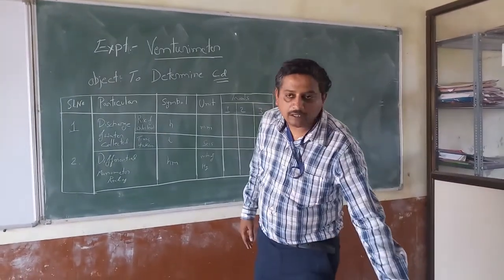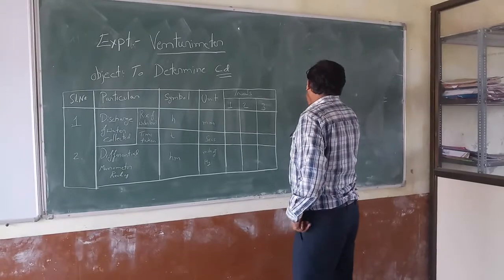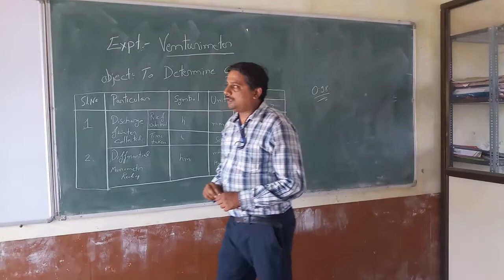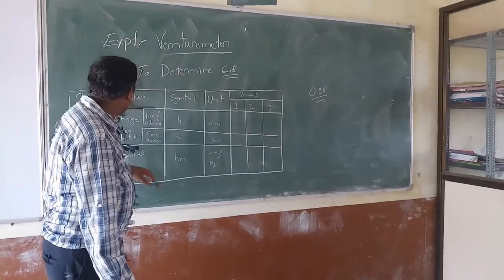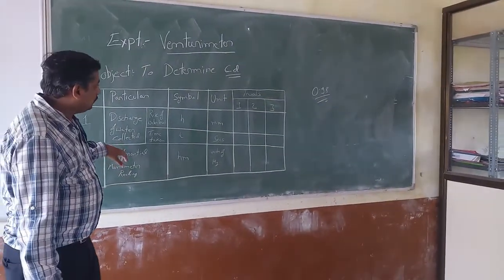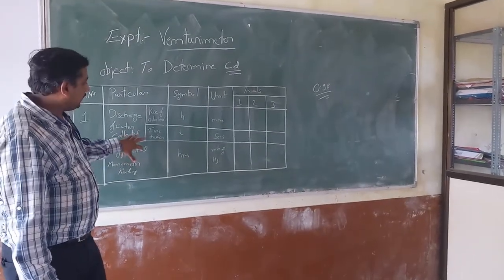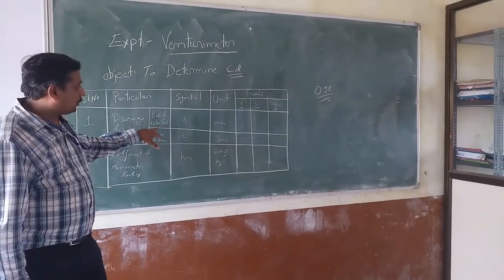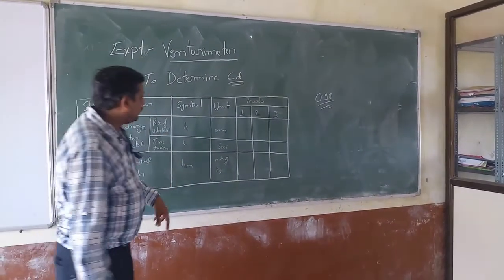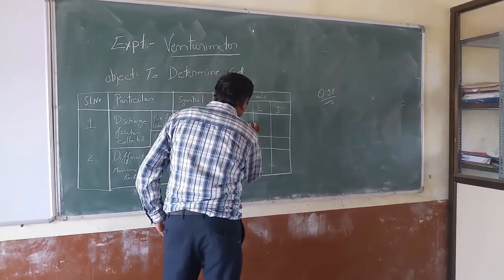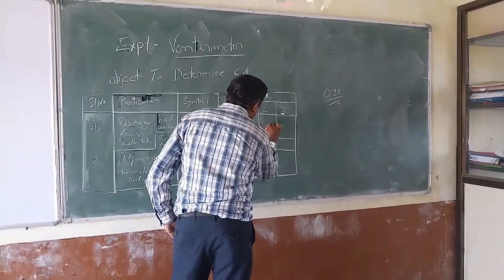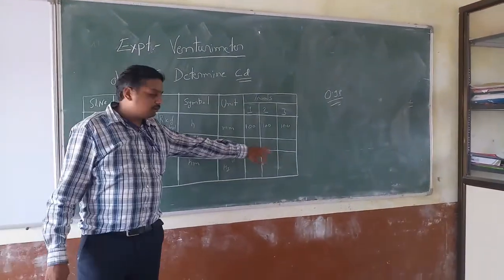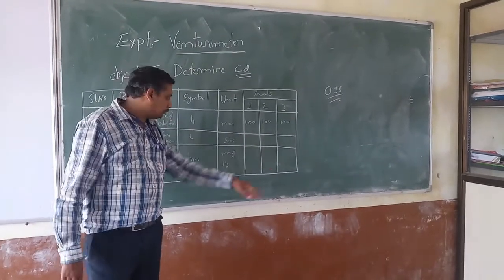Here the CD value should be near 0.98. We have got an observation and tabular column over here. This is the data sheet. In that, with respect to 3 trials, you need to find the rise of water level, that is H. Here it has been predetermined as 100 mm for all the cases, and we are going to check how much time it is taking to rise that much water level. That we need to note down over here.